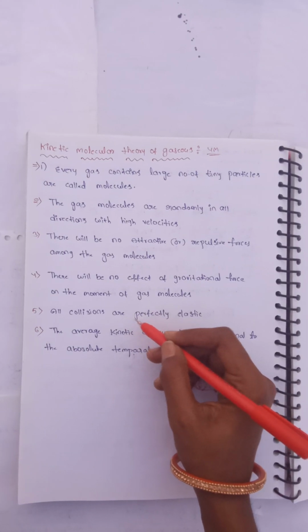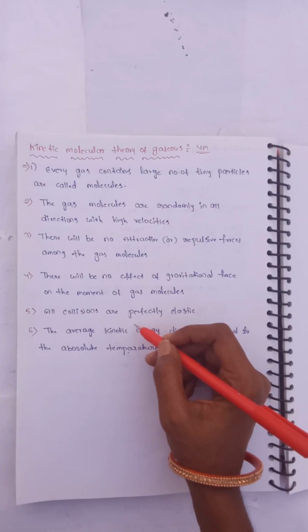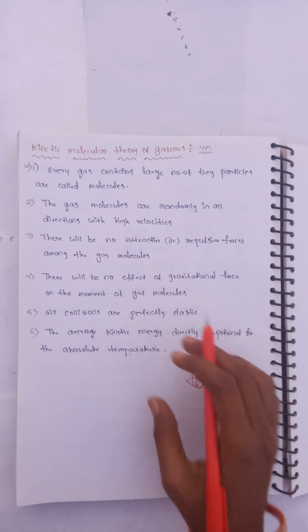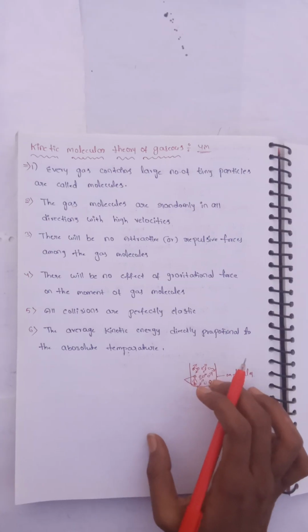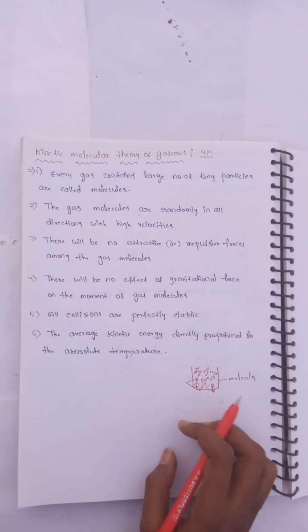So all collisions are perfectly elastic. A number of collisions are possible in this. So these collisions are perfectly elastic. That means the energy,